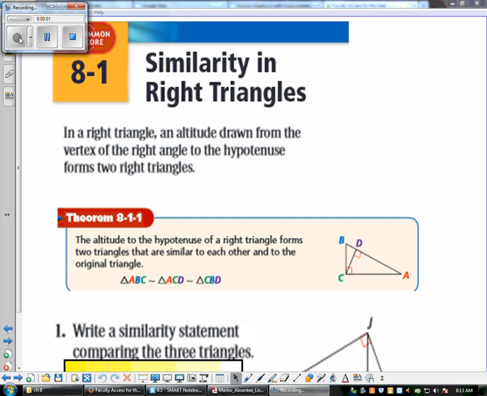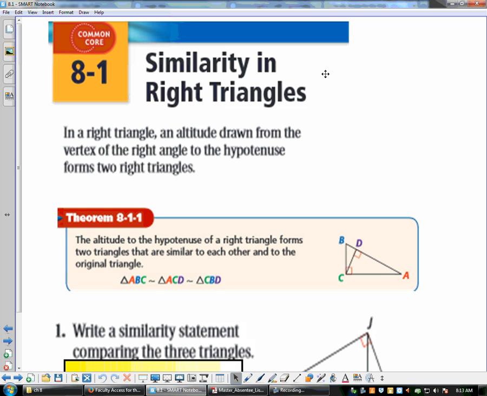All right, so this is section 8.1, Similarity in Right Triangles, and I am with about 8 students in my Block 5 class. You want to give a shout out, Block 5? Nah. No. Nah. Okay, they're kind of lame, but okay, let's take a look at this section, 8.1, Similarity in